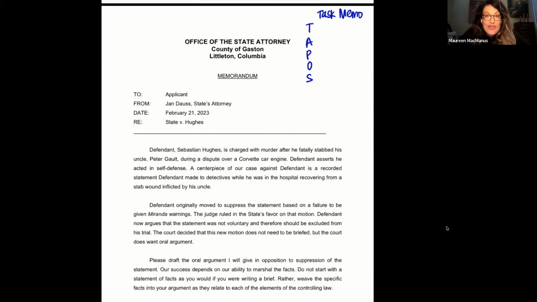And S is, are there any special instructions? A couple of special instructions are very common. One is to draft a statement of facts or to not draft a statement of facts. Generally, I only draft a statement of facts if they tell me to, because otherwise I want to spend all my time in the analysis. The other thing they will tell you, especially if you're writing persuasively, is how to draft your headings. Usually they tell you that they need to have law and